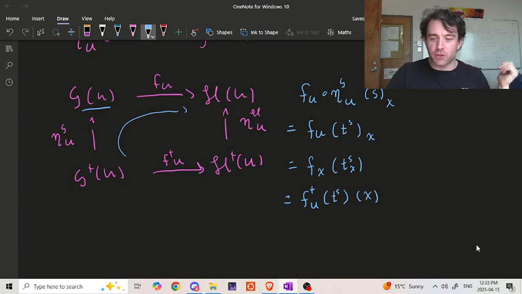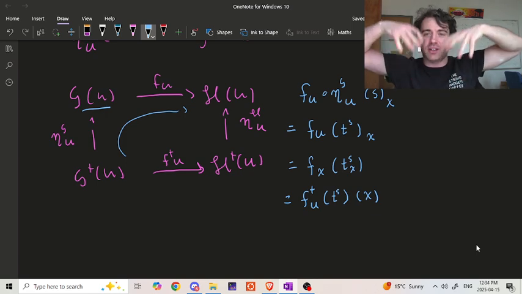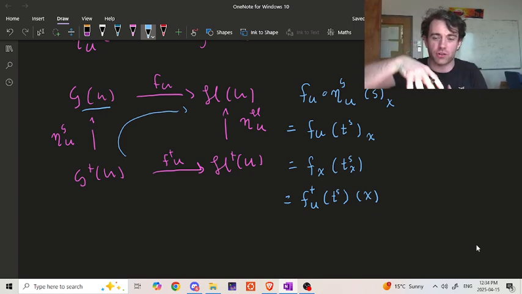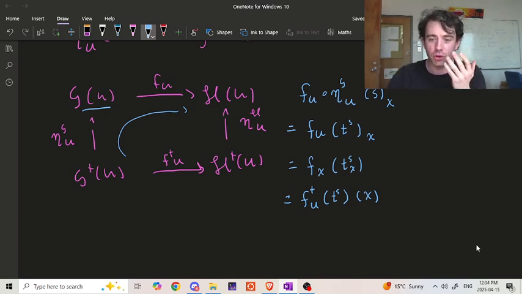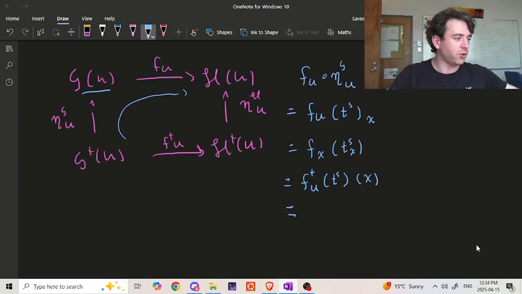Right, this was a function where we defined what that function does at x. It takes that section you started with and returns its germ at x, right? So this was the definition of applying f plus u to TS. But then in turn, f plus u